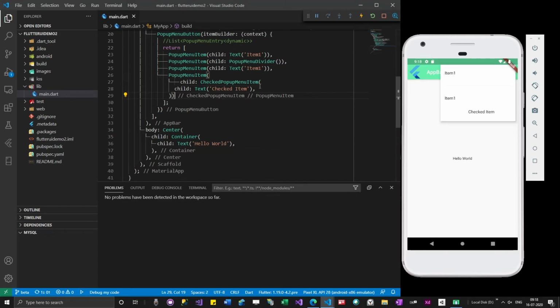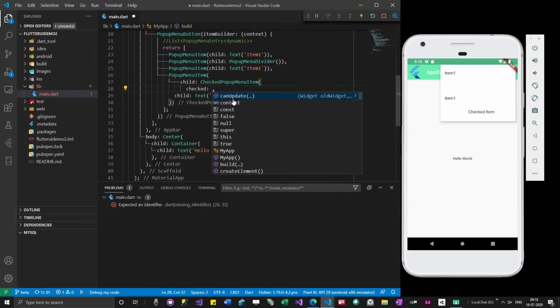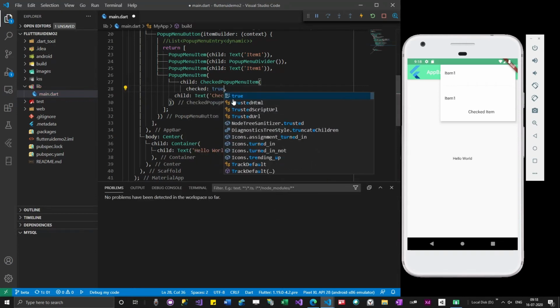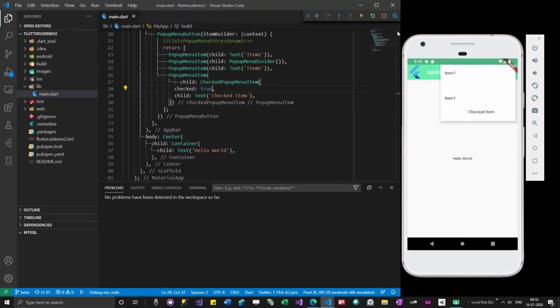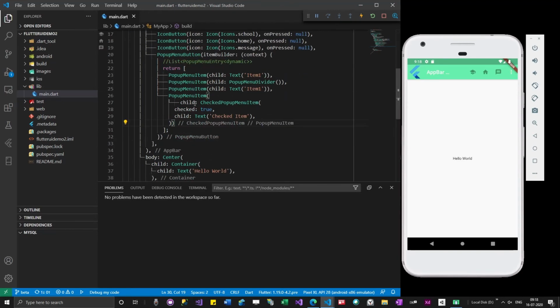What it means is, you can see there is some space added, right? Let's see what I could add there. So it says checked, enabled, and so on. I can give checked is equal to true. You can see an icon is also appearing here. So this is like a full app bar. Now we have almost looked into everything. You can actually try other things also.